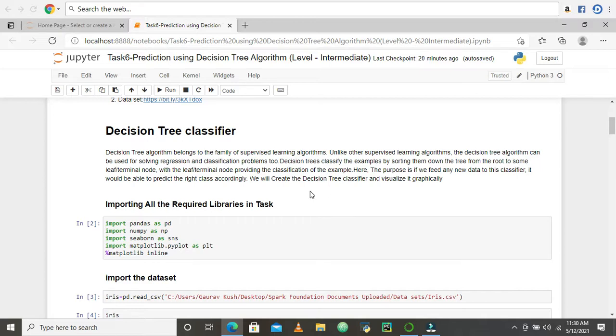A decision tree classifies basically by sorting the data and dividing it into leaf and terminal nodes, and classifying according to that, creating a model in which we can classify any kind of data. Our purpose is to feed any kind of data into the classifier, and it will predict the right class of the data.